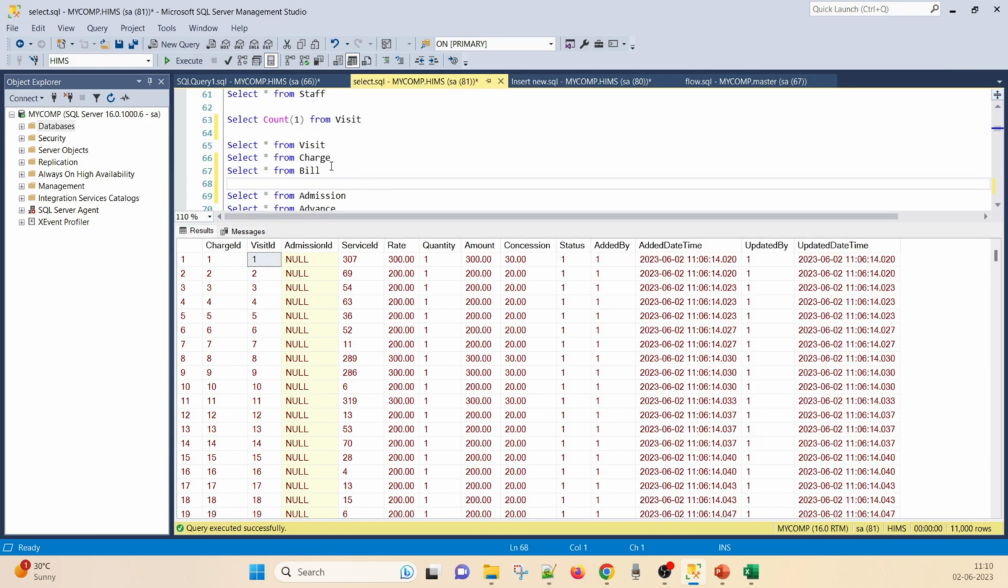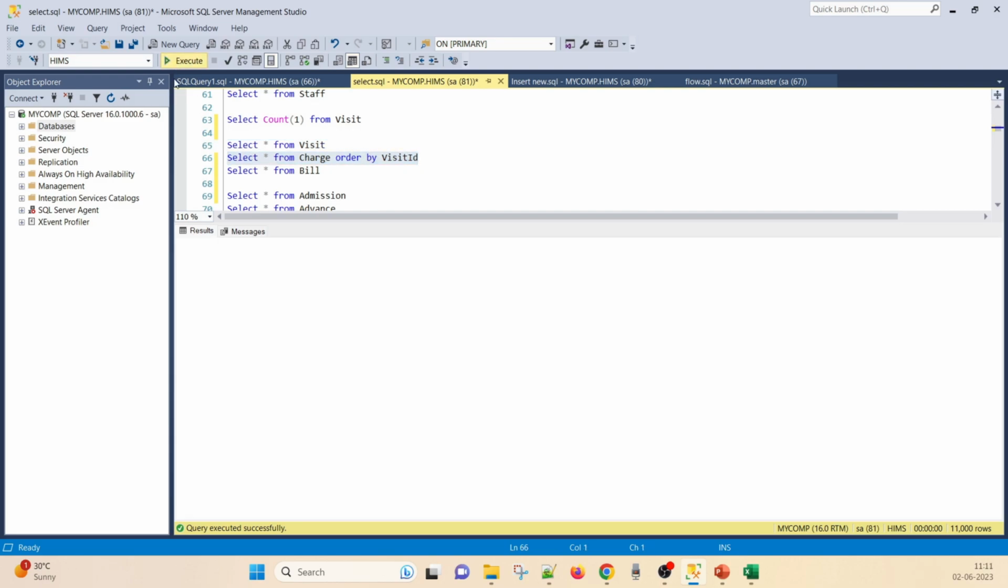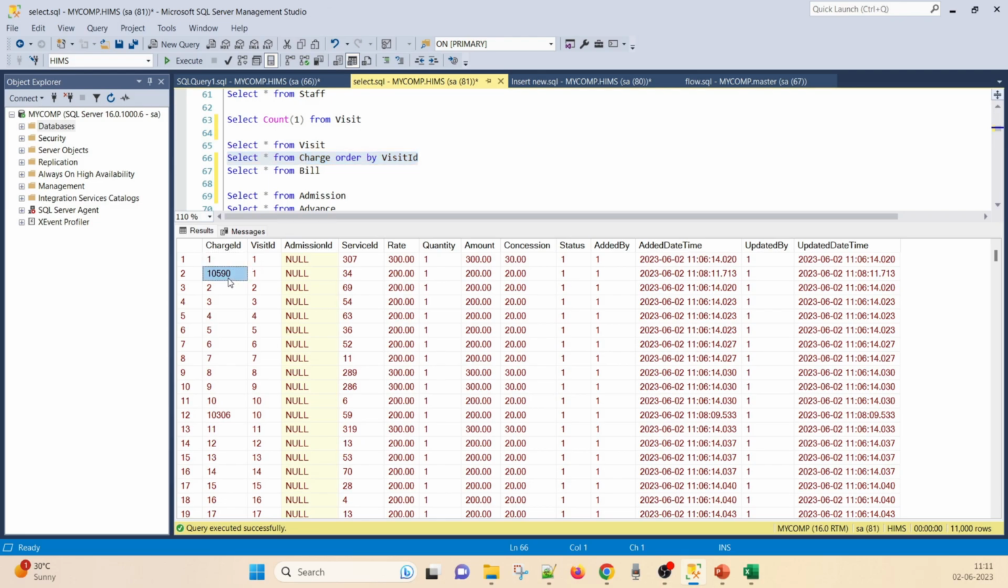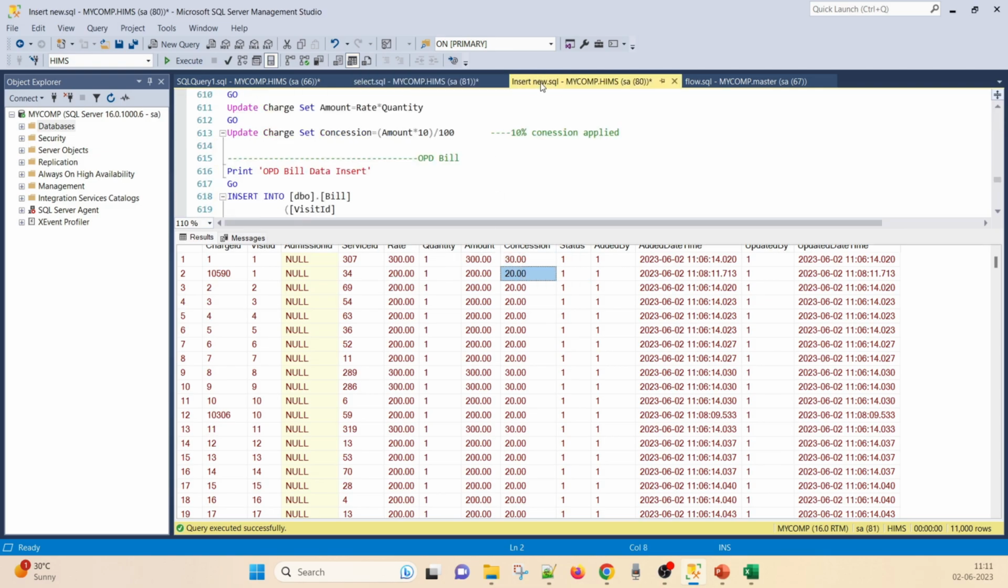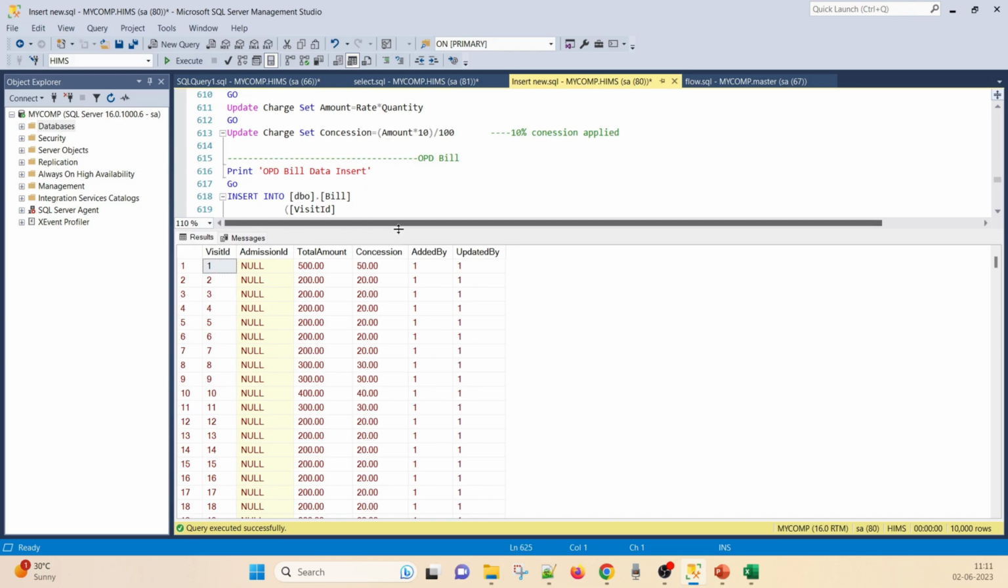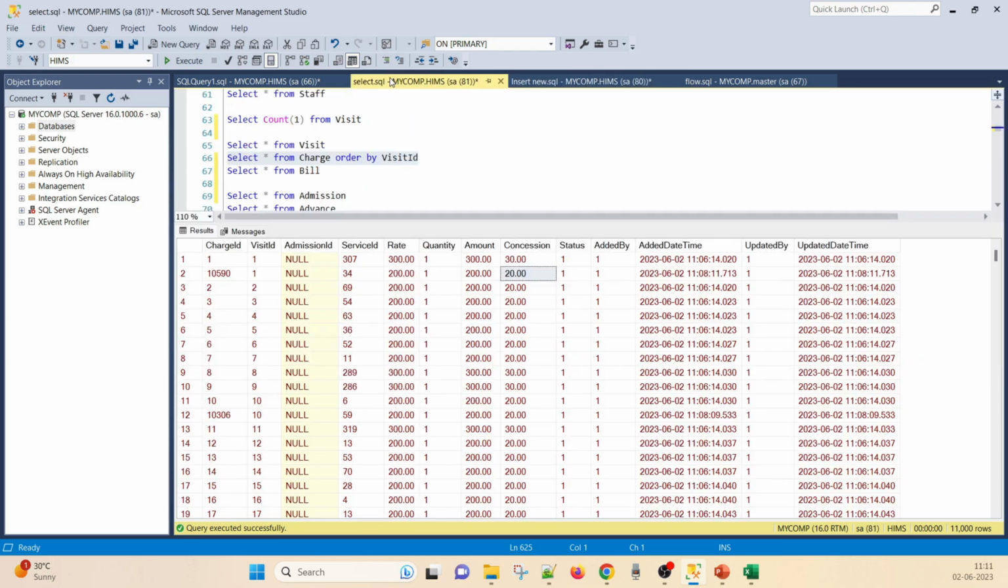If you have to see, you could also do an order by visit id. So what will be the output? Against one visit id there are two services, 300 plus 200 is equal to 500, then 50 rupees concession. So let's see. I am filtering only that